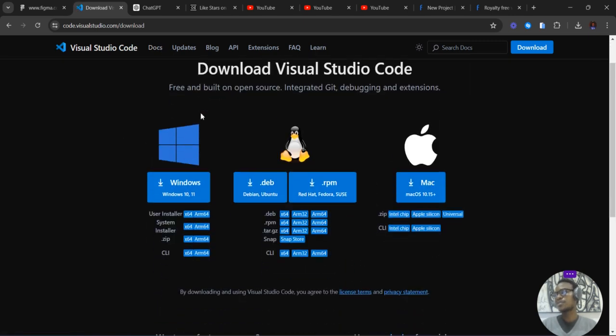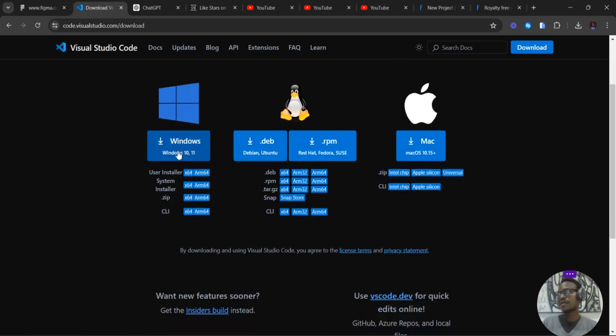Once you do that, you're going to see options for Windows, options for Linux, and options for Mac OS. Feel free to download whichever of the operating systems you're running. You can download for Windows. I'm sure most of you are using Windows because this is Nigeria, right? Most of you use Windows. If you're using Mac, you can download for Mac. But I'm very sure very few of you out there are using Linux. But if that's your condition, feel free to also download for Linux. So yeah, downloading and installing is very easy. Just download and go ahead and install. But once you've downloaded, you need to fire up your